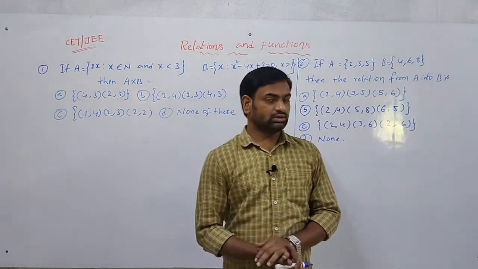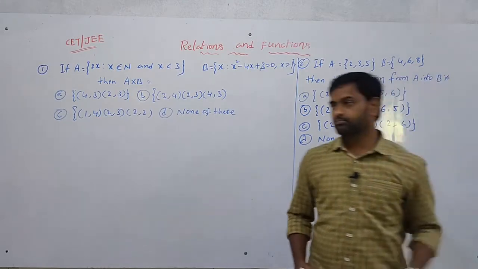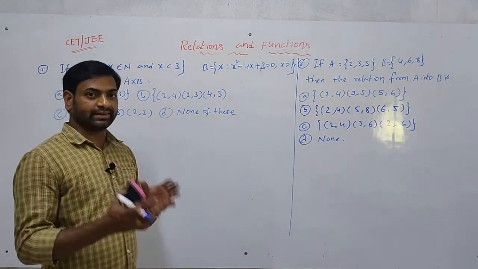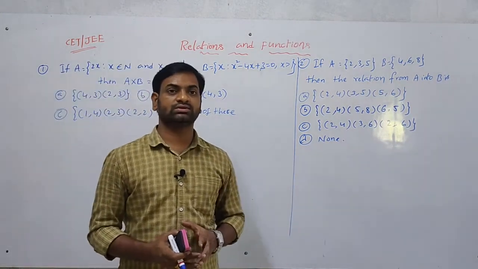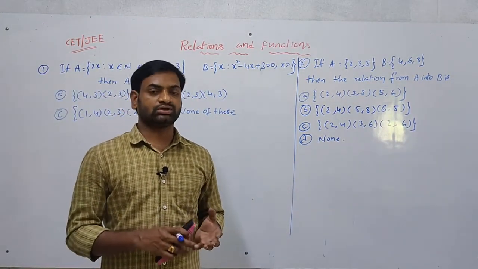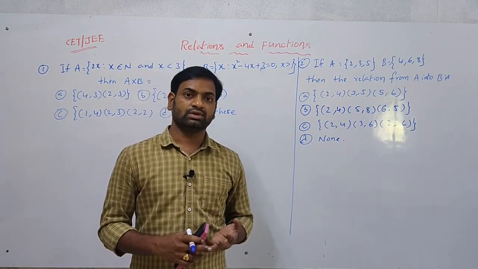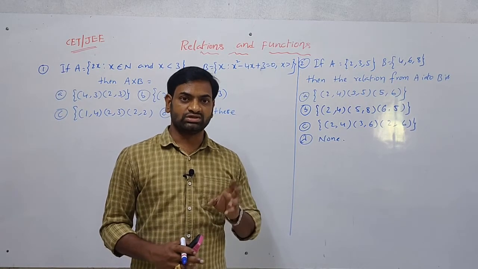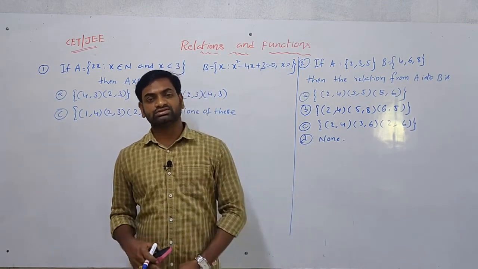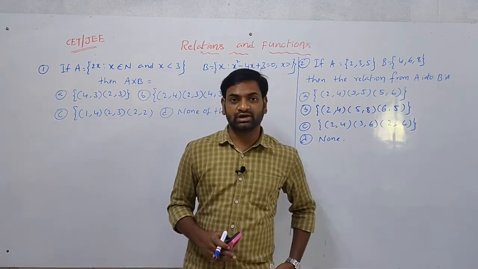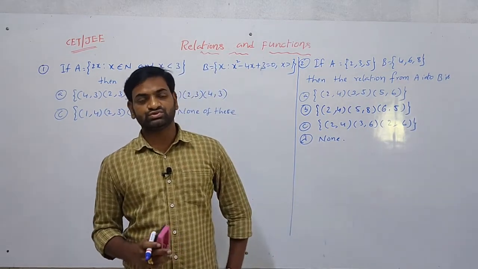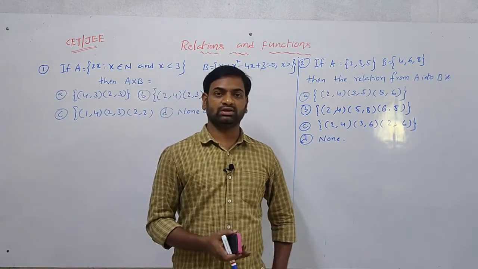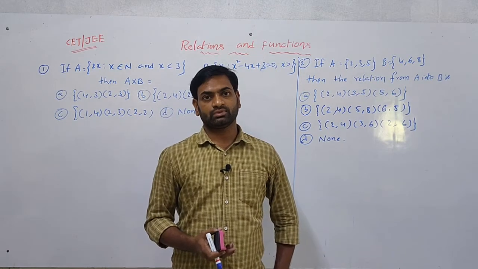This is the introduction for these relations. So what do you learn here in relations? First, what is the Cartesian product? Next, what is a relation? Next, the number of relations. Next, what is the inverse relation? Next, the types of relations. Mainly the most important are reflexive, symmetric and transitive, and the identity relation also.